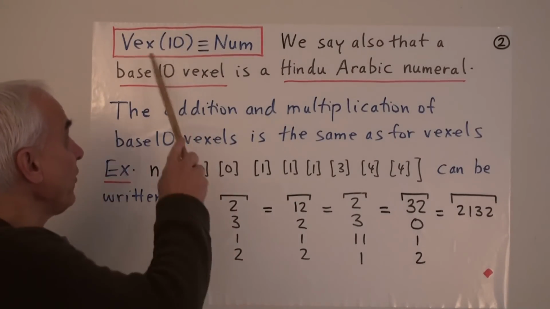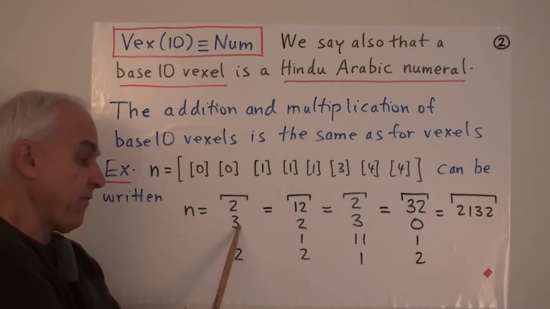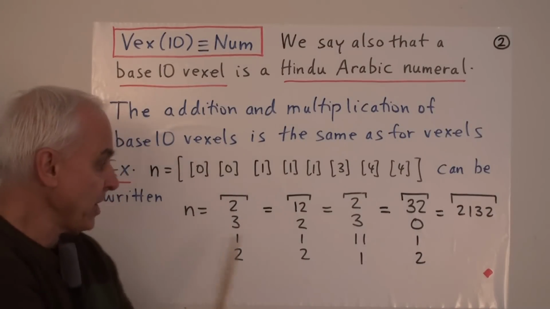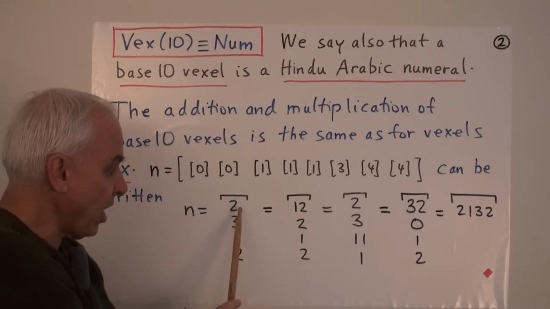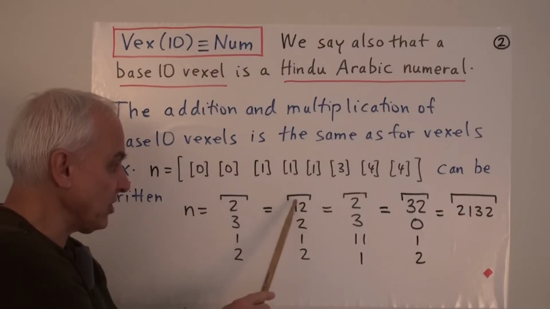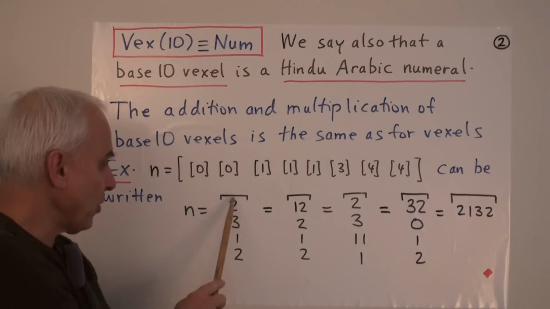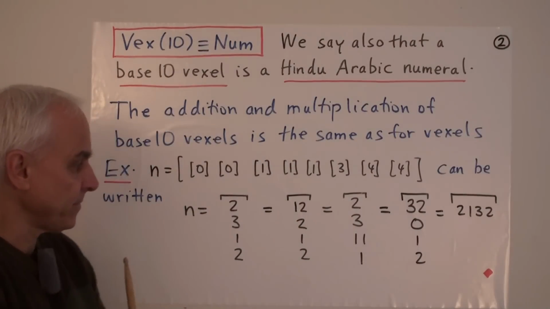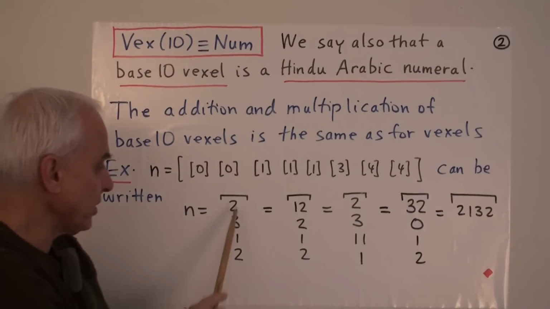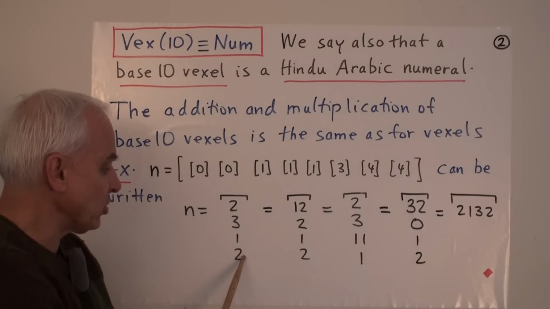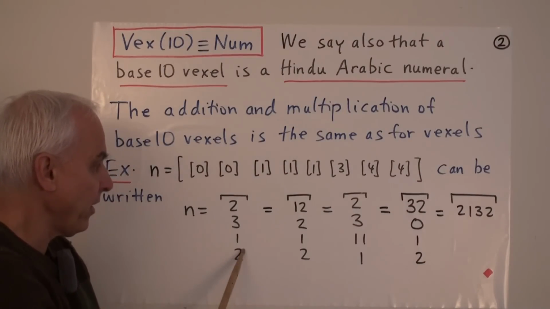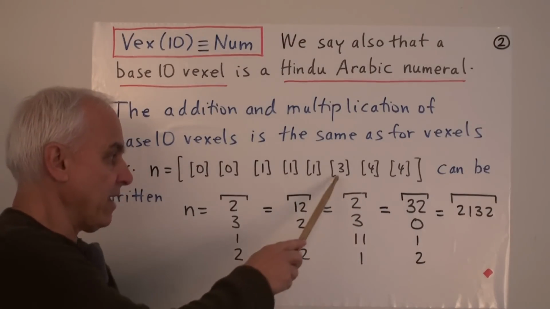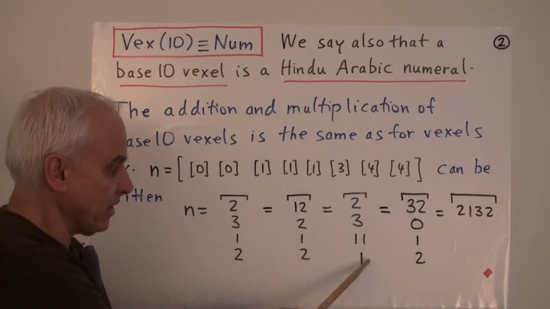Now using the exchange rules in vex 10, this 3, for example, one of them could be exchanged for 10 of the previous ones. So if we change this 3 to a 2, we can compensate for that by adding 10 to the 2. So it becomes 12. So this vexil is the same as this vexil in vex 10. Another thing that we could do is, starting with this, we could replace one of these things here with essentially 10 of the previous. So we take one of these 4s and replace it with 10 3s, giving us altogether 11 3s and only 1 4.